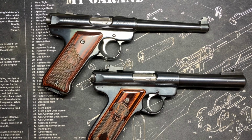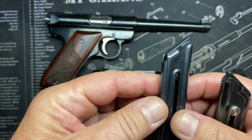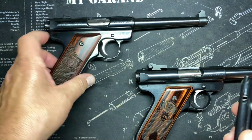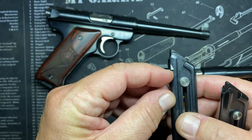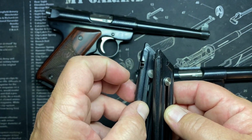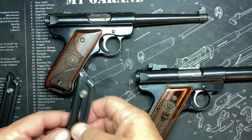And yeah, that was it. The magazines are not interchangeable because of the fact that the ones with the button up here have to have a catch, obviously. So if it has a button, it has to have a catch. There's no catch here. So I mean, these will go in, but they just won't